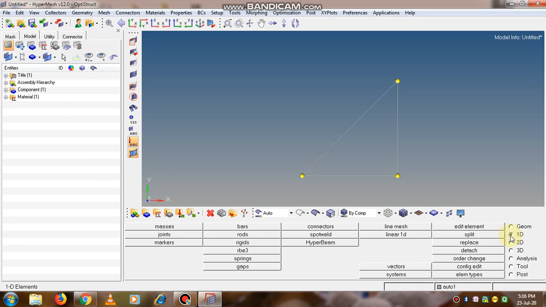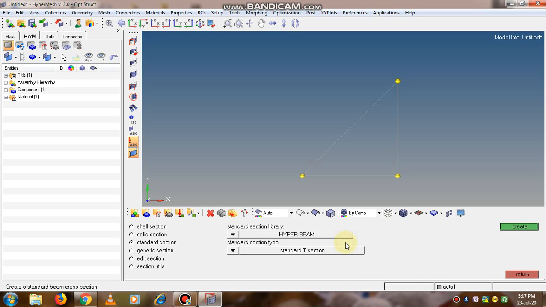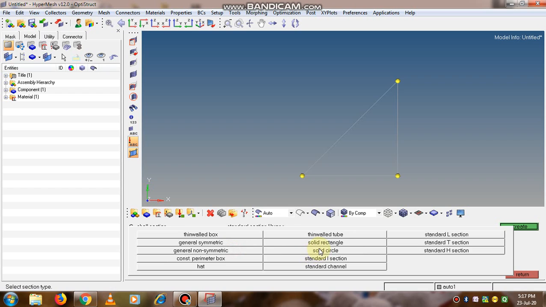So to create a 1D mesh, we need to go to the option that is this 1D and Hyperbeam. In Hyperbeam we can select the standard section. So here it is a standard section, radio button is on. We'll create thin wall box.